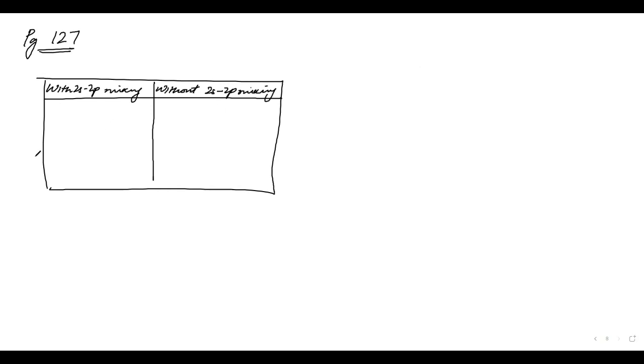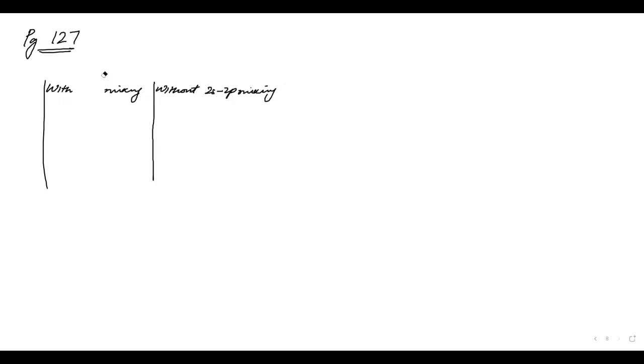Okay. So what is this particular thing? If somebody doesn't teach you, if your class teachers don't teach this, I tell you, SP mixing is in NCERT. It is not outside NCERT. And this is the reason. Now we will look at SP mixing. What is SP mixing? We will look from 2s and 2p.